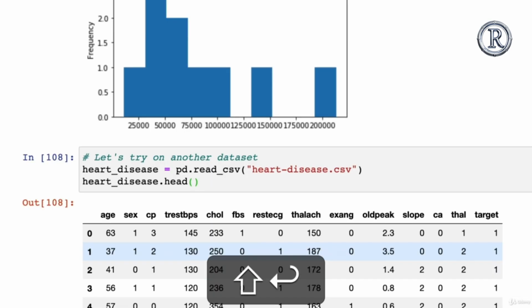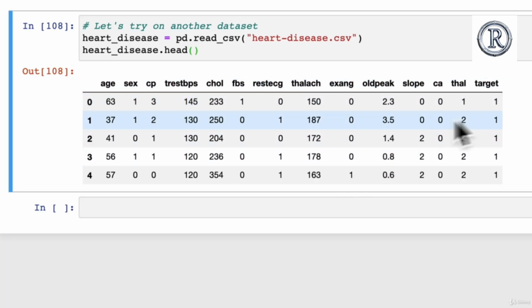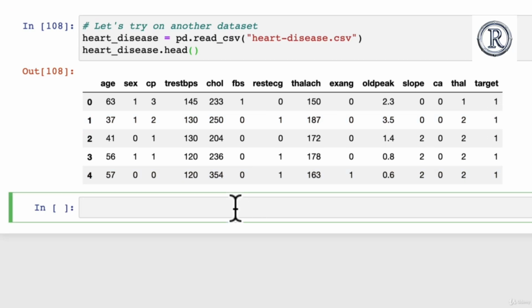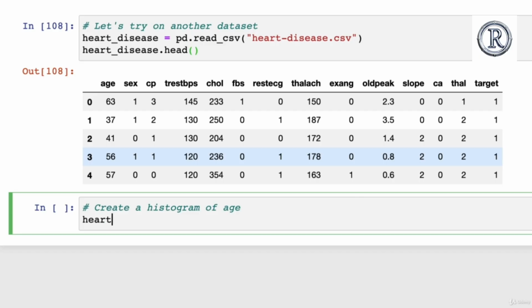We'll only view the first 5 rows because there's about 300 in this one. Excellent. We have these parameters. We've seen them before. And we've got a target column right on the end. So what we might do is create a histogram just to see the distribution of the age column. So heart disease, age, .plot.hist,